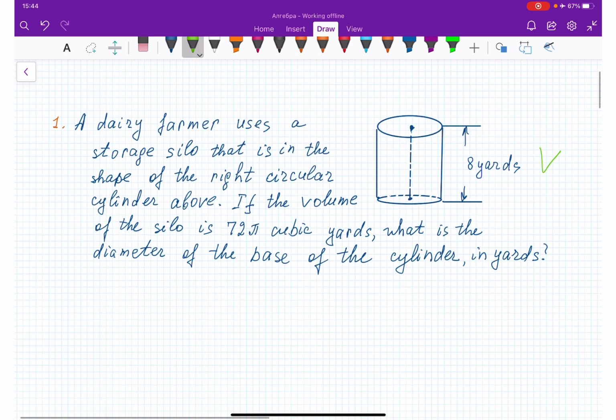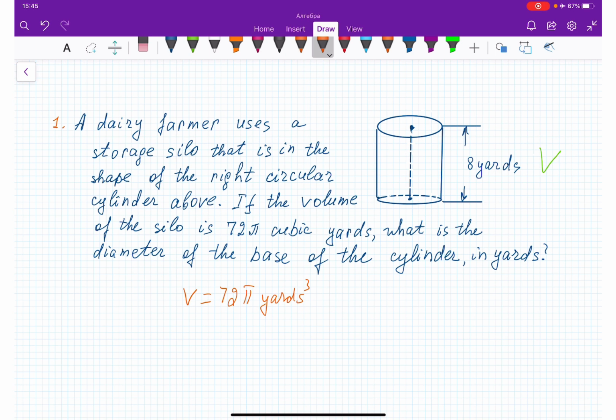If the volume of the silo is 72 pi cubic yards,